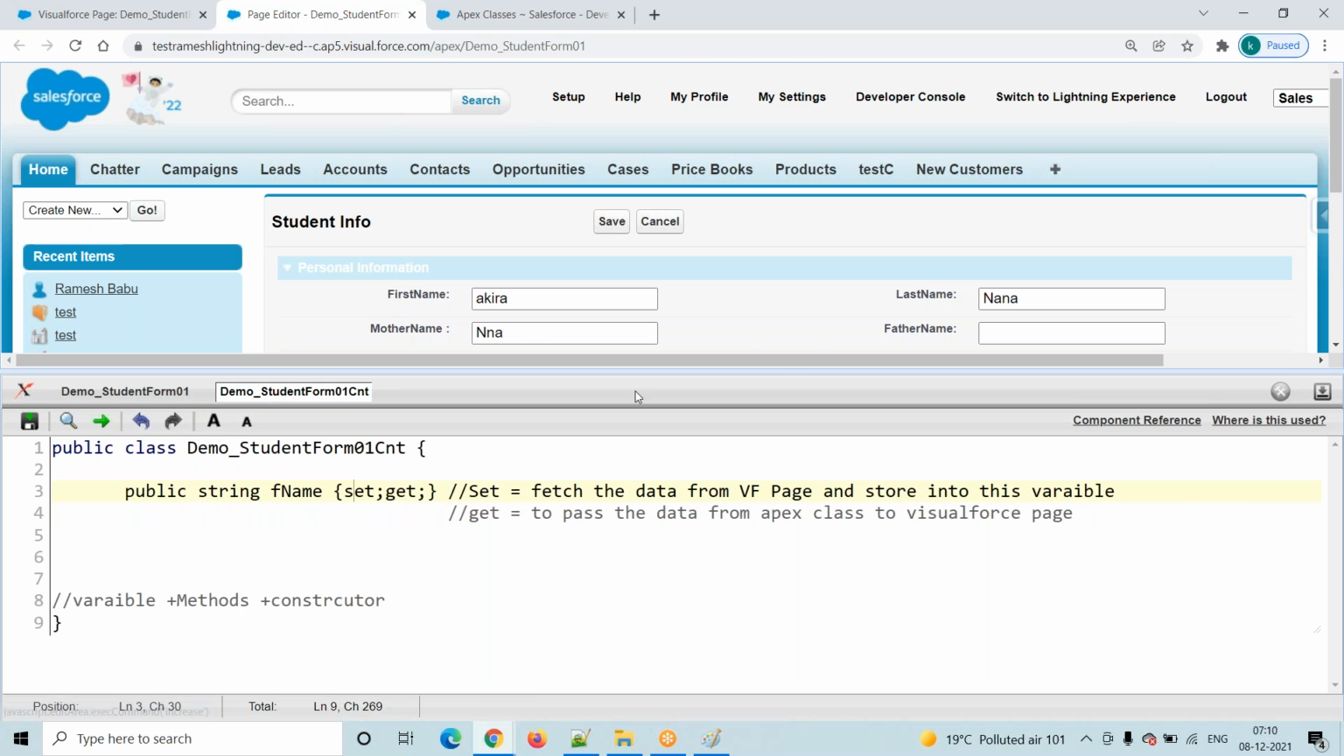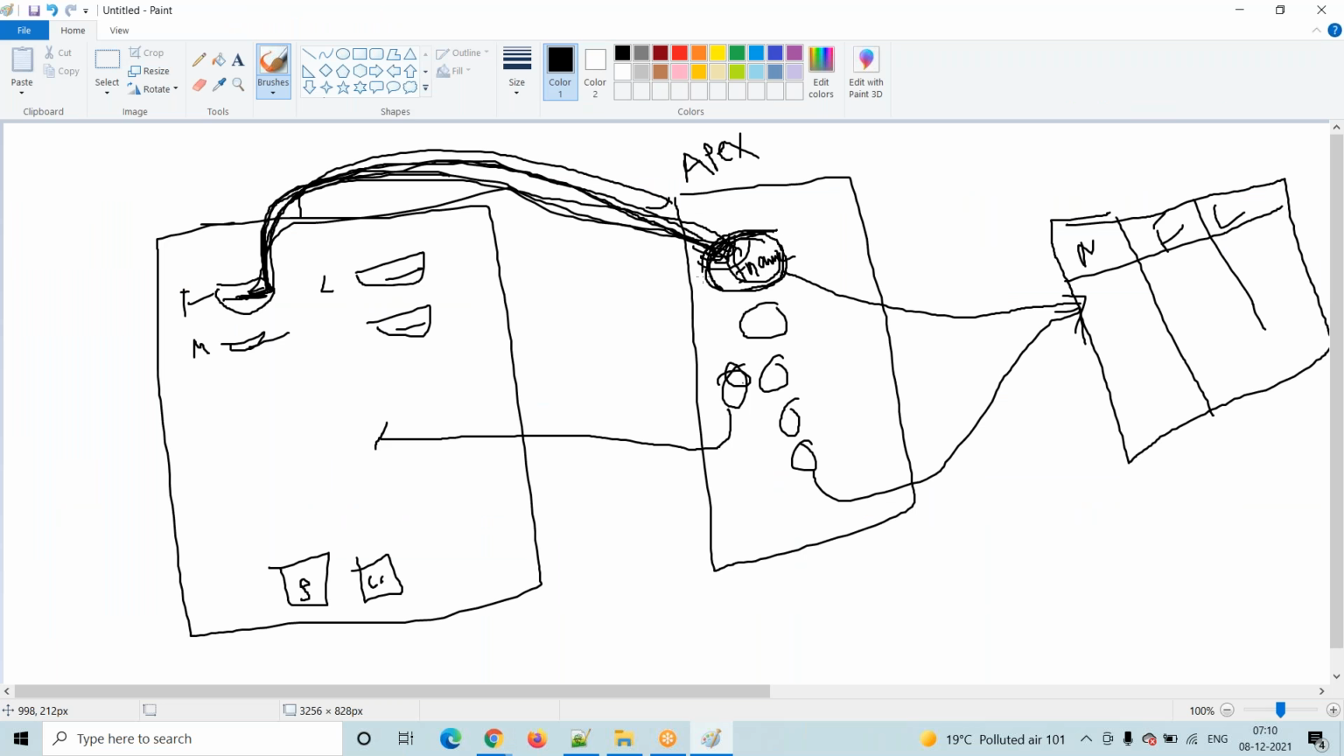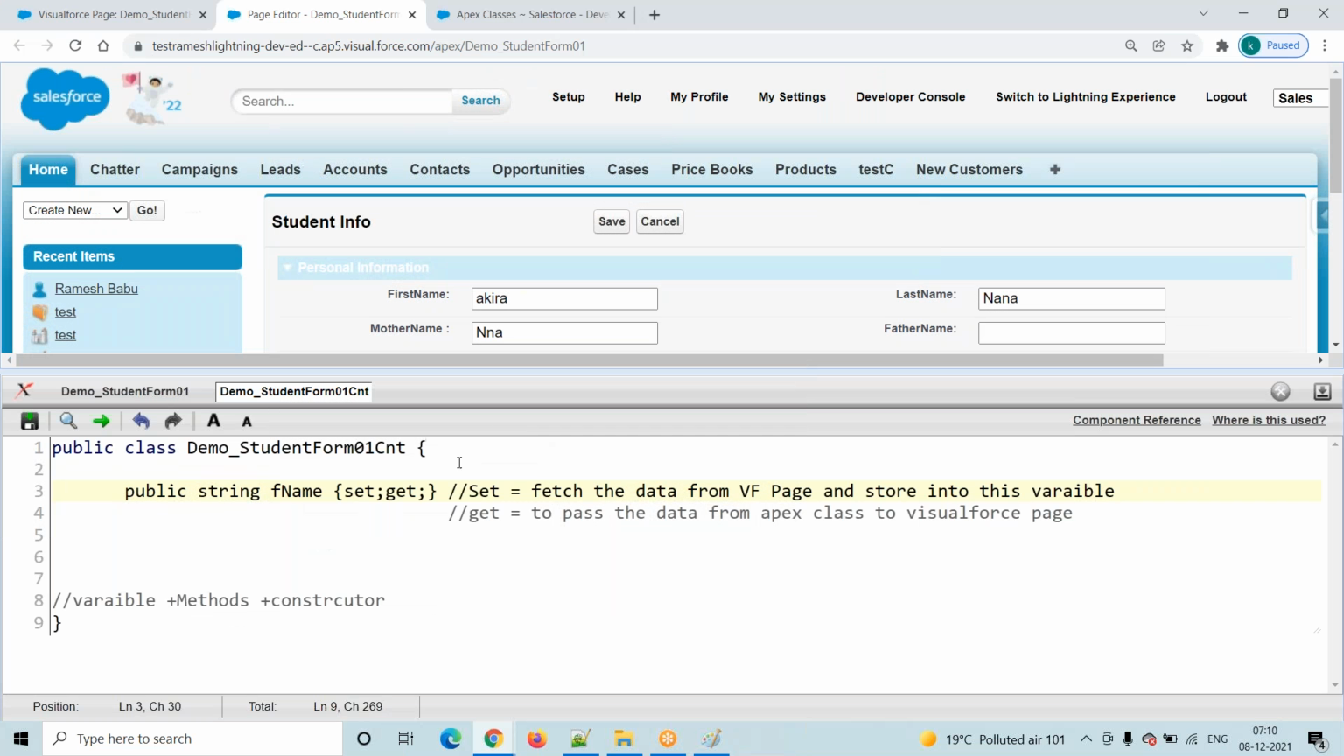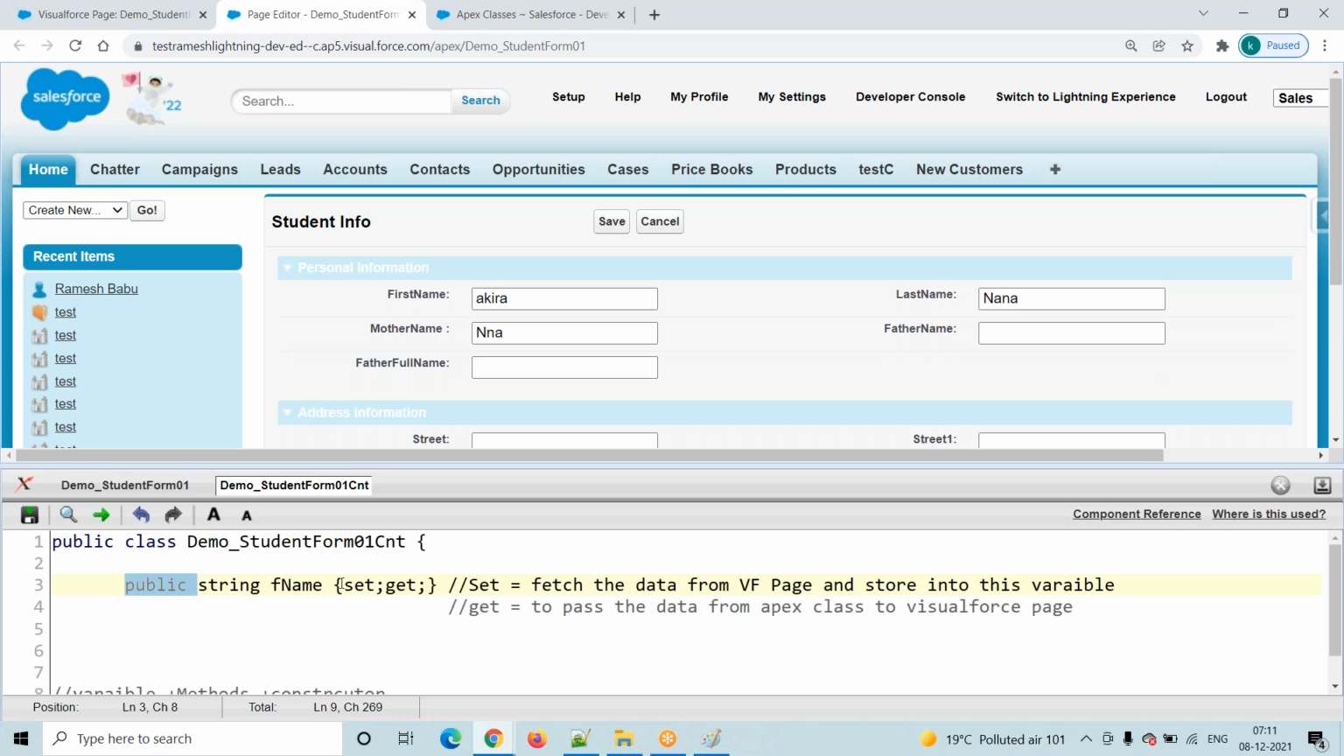Now, we declared one variable here and we are making that variable a setter and getter, and then automatically the data will come and be stored into this variable. At the Apex class level we declared one variable. My variable name is fname, and we are telling the system I will store string data, and I am making this variable with setters and getters. The visibility is public. Then automatically this data will be put into this variable. Then what we have to do is go to that